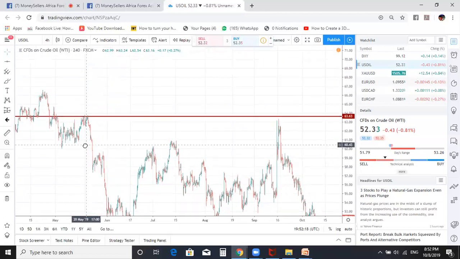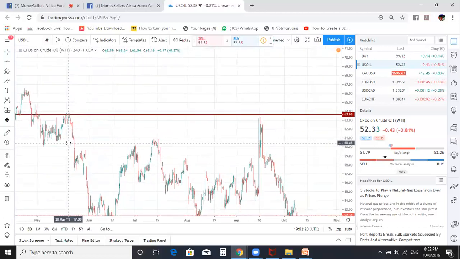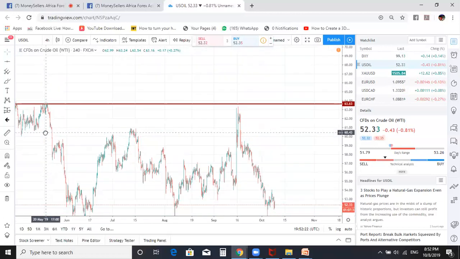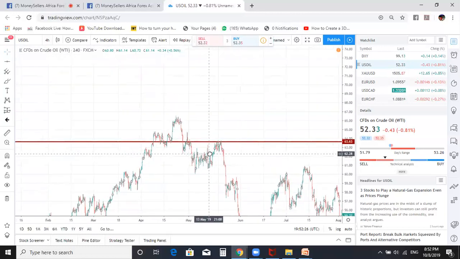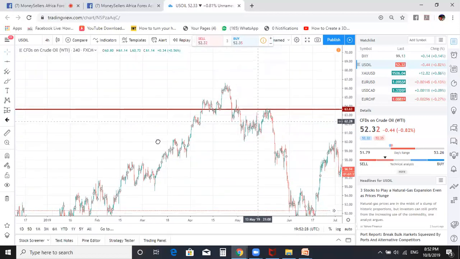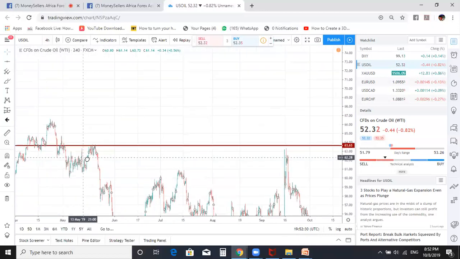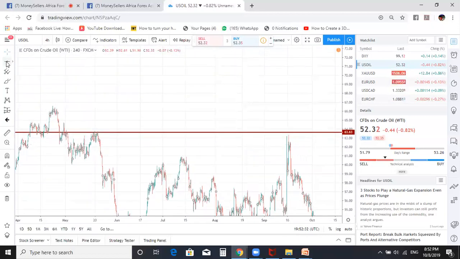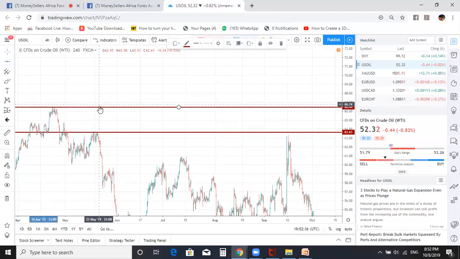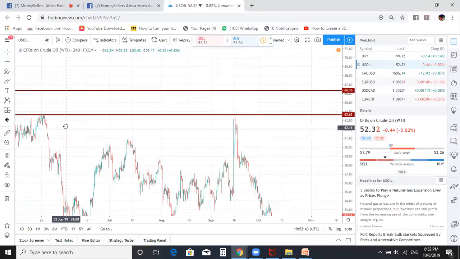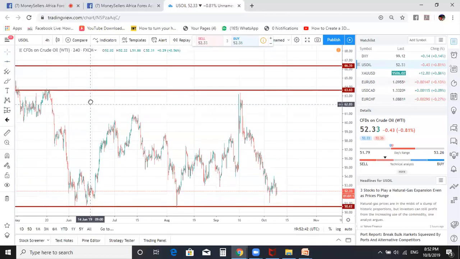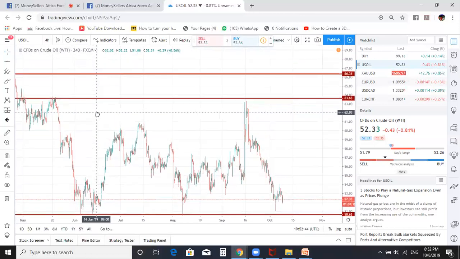So there are several areas here, but let's just say that we are looking at this one now. The interesting thing is that if you scroll it back, you're going to see that there have been many touches on that area. So let's say we have different areas of resistance, but if you are looking at this area here where we're looking at,